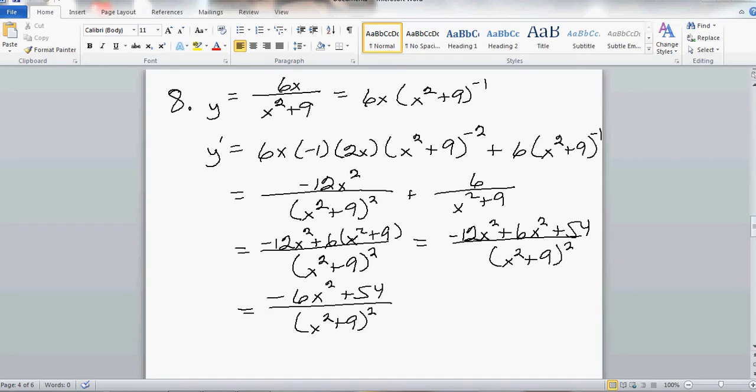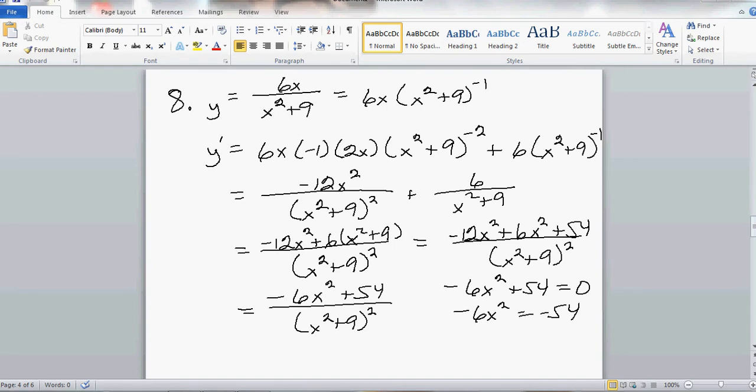Okay, x squared plus 9 is always positive, and besides, when you square it, it will always be positive. So when we do the plugging in, it will be relatively simple. At the same time, this denominator will never equal 0, so there's no critical point there. Instead, all we have to do is say, okay, negative 6x squared plus 54 equals 0. What's the answer here? Subtract 54 from both sides,